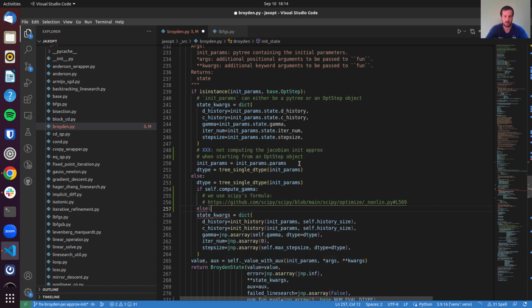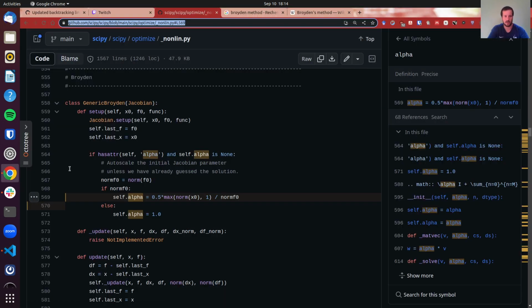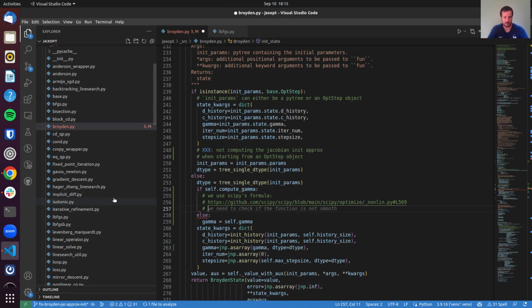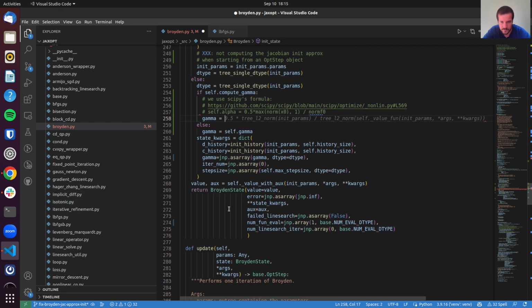And else we're going to have gamma is self.gamma, so the user specified parameter. And we're going to initialize the state with this computed gamma. And so the SciPy formula, I'm going to copy paste it, and I'm going to say that gamma is equal to